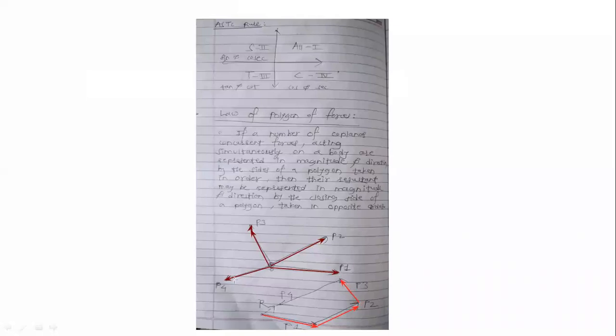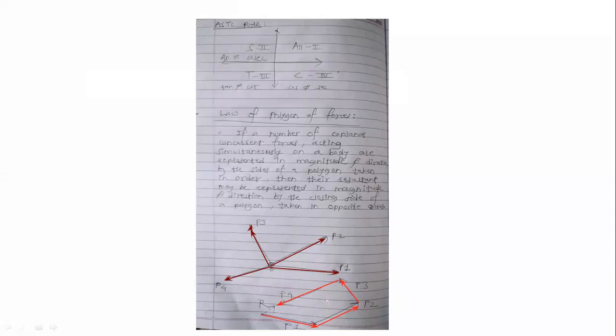Now after this P3, we will draw the same line P4 here, parallel to this P4 in this polygon. Now all these sides are drawn with the scale. Remember, you cannot touch this line here, because at the same dimension we have drawn all four lines. Only the difference is that in the first diagram, you can see that the concurrent forces are there, and in the below diagram, you can see that coplanar forces are there in the shape of a polygon. So we have converted these rays into the polygon.